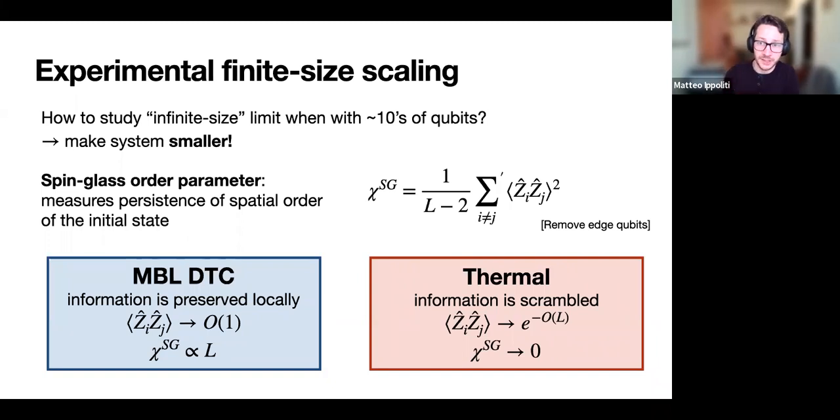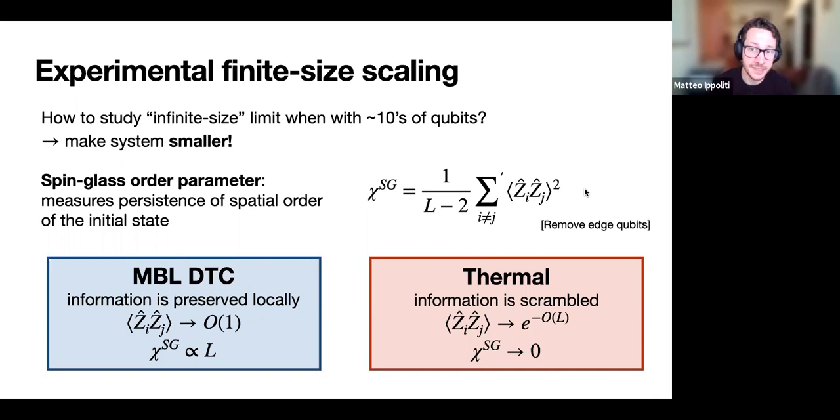this quantity was used in spin glasses, and the time crystal is a kind of spin glass. And in spin glasses, you have long-range correlations, but with random signs. So a naive average would wash this out by adding up +1s and -1s, and we want to avoid that, therefore, this square. We're also taking some other precautions by removing the edge qubits, which have some edge physics that is very interesting and actually has been studied recently by the Google team again, but it's not the physics we're interested in, which is really a bulk response. So that's why we're taking out the edge qubits.